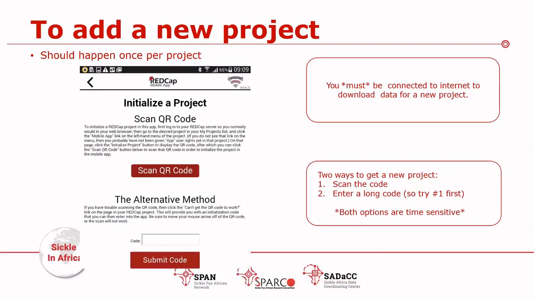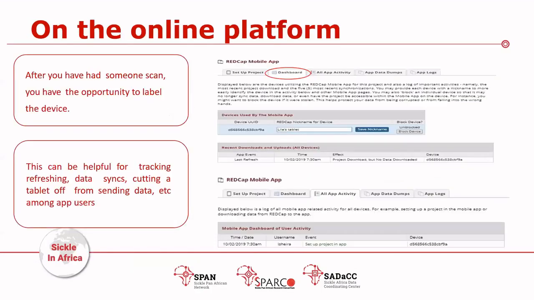Actually, these slides show how you will add a new project. After getting the QR code, as I've said before, you have to be connected to the internet to download data for a new project. There are two alternatives. First, you can scan the QR code, or you can enter a long code for that project that you have been requesting for the API. After scanning, you'll be able to label the